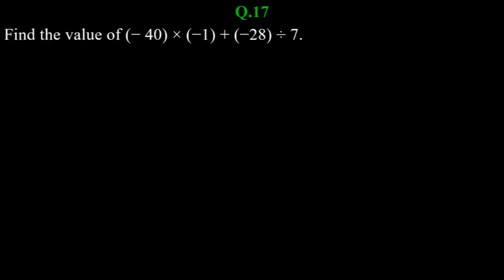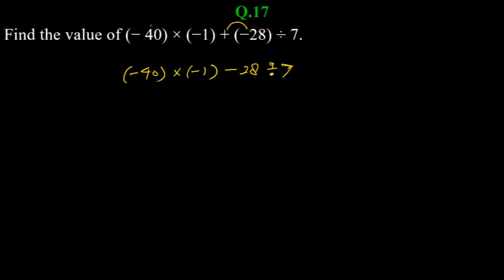So don't just start these type of questions. First, write them in a specific manner. Okay. First of all, you need to see that brackets are just for showing negative numbers. So it means these are just for reference. You don't need to actually solve these brackets. Then consider division. This is division. So if this is division, write it like plus into minus minus. Okay. 28 divided by 7. So effectively it is minus 40 into minus 1 minus 28 divided by 7.